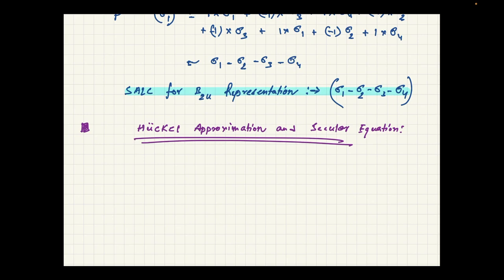Let's consider a molecular orbital psi. This is a molecular orbital which we can get from the linear combination, the proper symmetry adapted linear combination, of atomic orbitals. So it will be the sum over i of Ci phi i, where Ci is the coefficient,